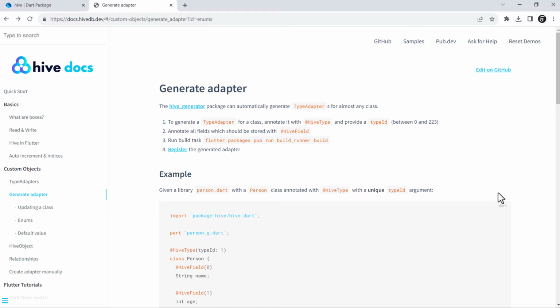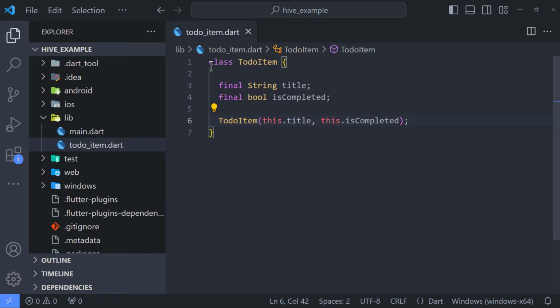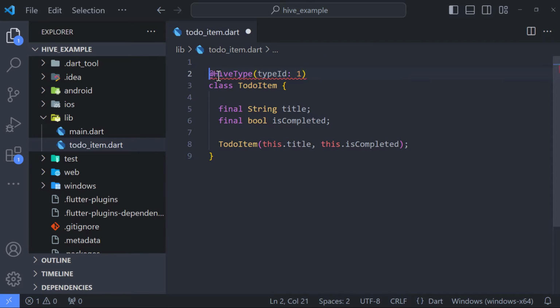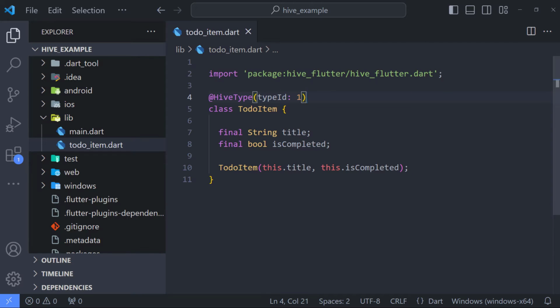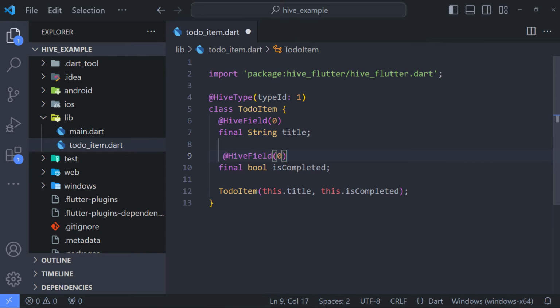Great. Now we need to create Hive adapters. These adapters define how your data models are serialized or deserialized and stored in Hive. For this, if we look at the Hive document, we will see that we must use the HiveType annotation and set a type ID for it. So I do it like this. And in the next step, annotate all fields which should be stored with HiveField. And because the isCompleted default value should be false, I set its default value to false using the defaultValue parameter